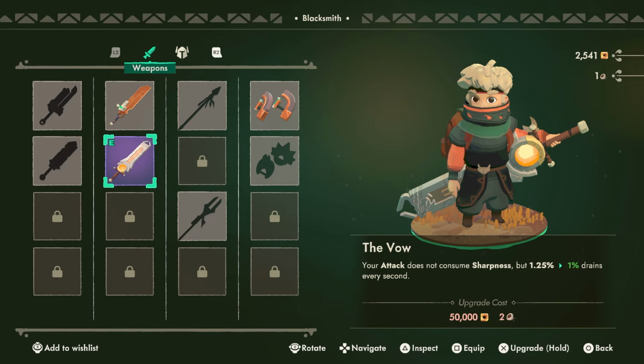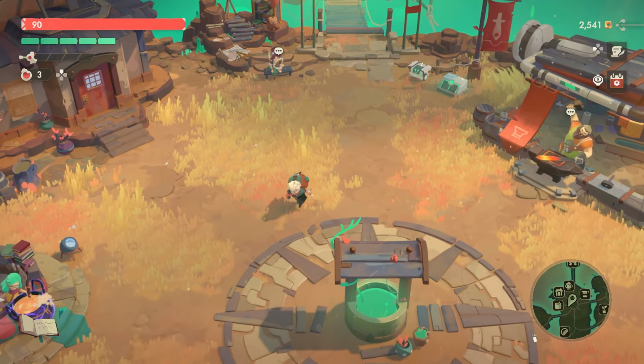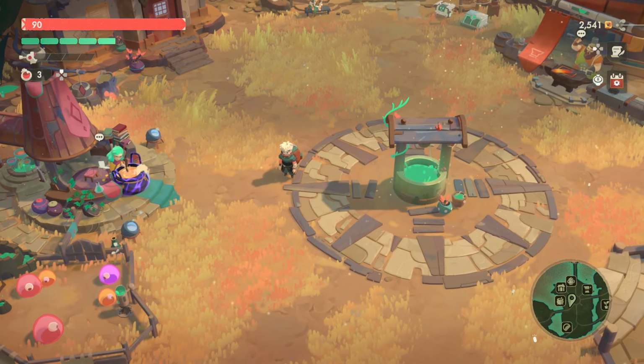But yeah, the upgrade that I got to this made our sharpness decrease from 1.5% every second to 1.25% every second. So it's what, like a 15% decrease in sharpness. Because the thing about two-handed swords is they have sharpness,